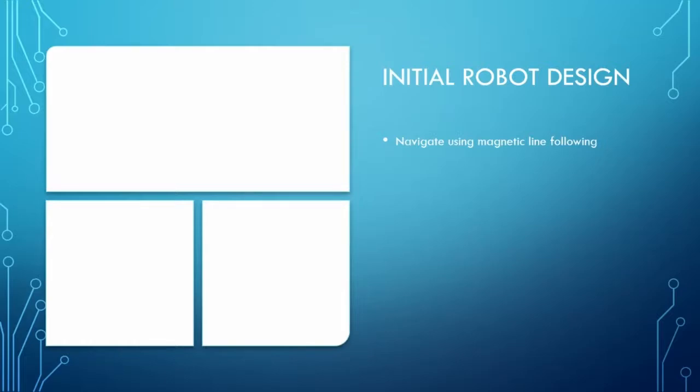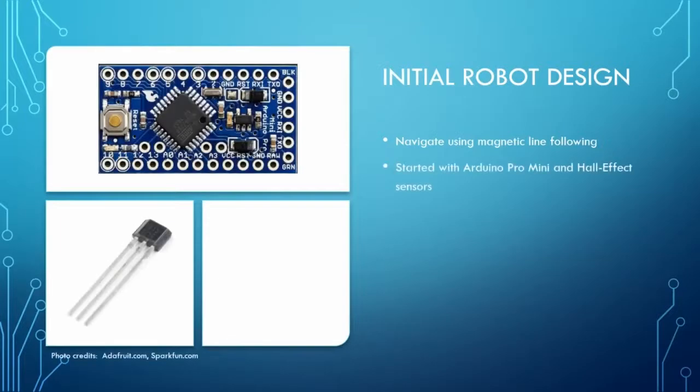So we decided to try to use magnetic line following, where we'd have strips of magnetic tape underlining our game board that the robots would follow as if they were doing optical line following. To that end, we started with an Arduino Pro Mini and a Hall effect sensor to try to sense the magnetic field like you would use with a light sensor in an optical line following situation. We eventually found that the Hall effect sensors weren't sensitive enough